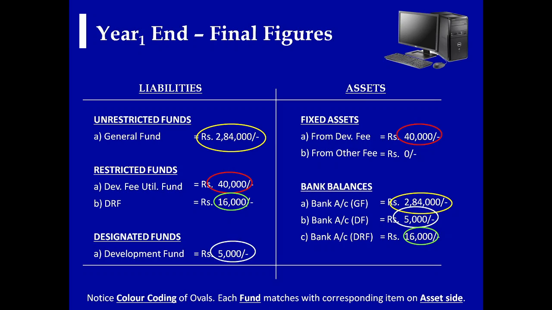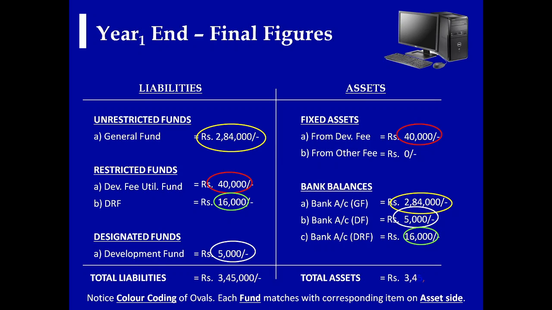Similarly, the development fund, if you look at it, it's at 5,000 and the bank account is also at 5,000. The development fee utilization fund account is at 40,000, and correspondingly the fixed asset schedule is at 40,000. And finally the DRF fund that you can see here is at 16,000, and correspondingly the bank account is also at 16,000. So the fund based accounting principles are being completely followed till now,